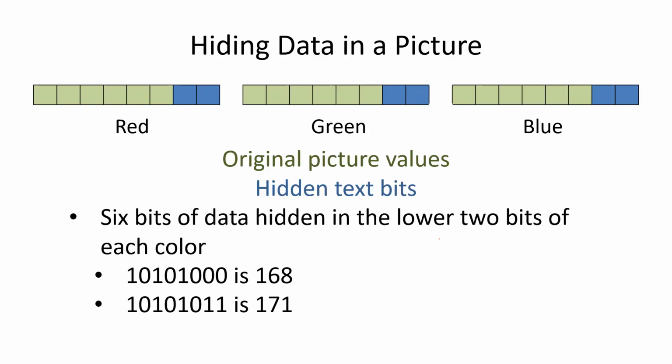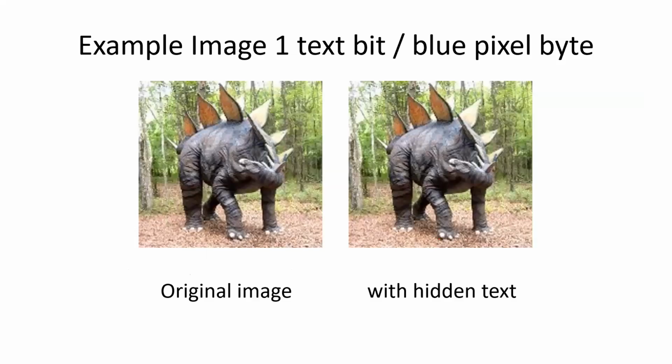You can make it more subtle if you use only 1 bit per pixel. In other words, in this image, I only modified the least significant bit of the blue pixel, setting it to the data value from the text. Remember, the data value is going to be 1 or 0. The original pixel was 1 or 0. So 50% of the time, it was the right number anyway. You don't have to change it, so the color won't even be impacted in any way.